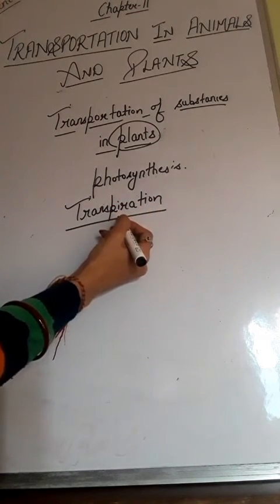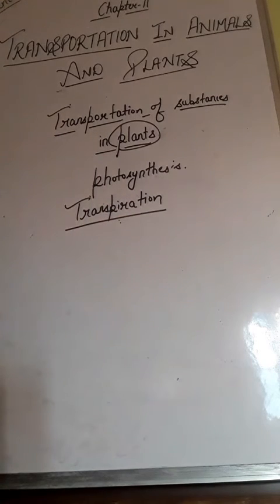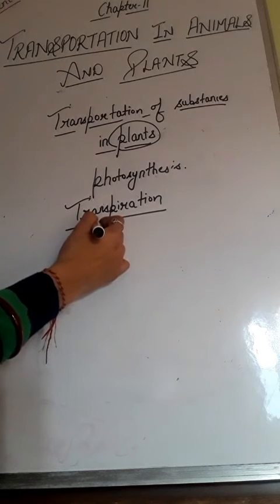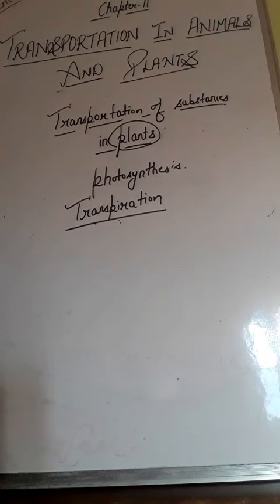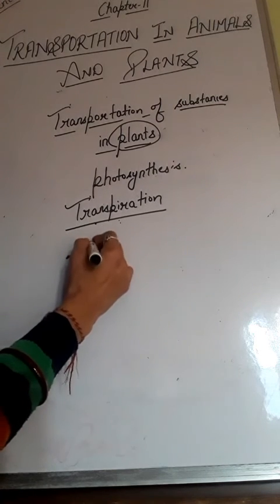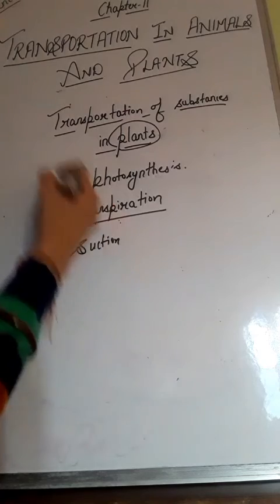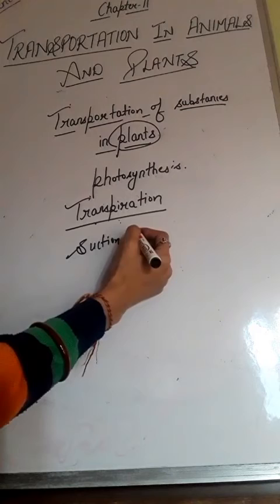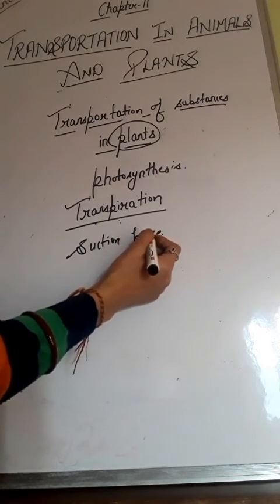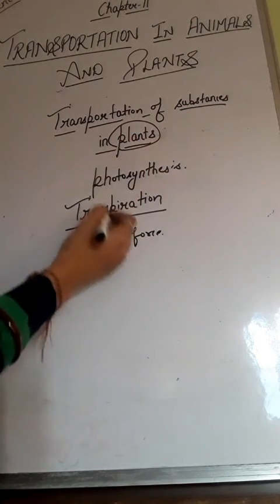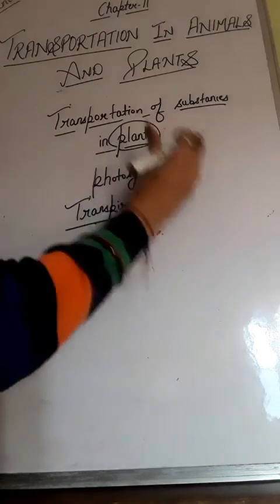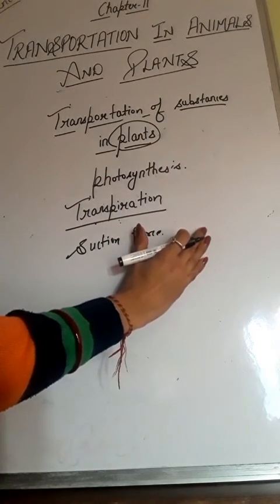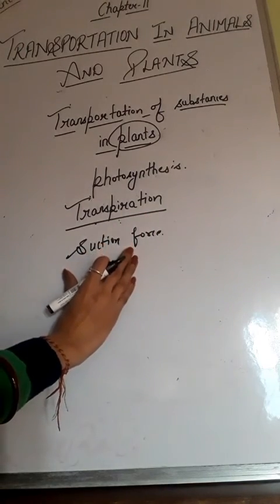The process of evaporation of water through the stomata present on the surface of leaves is called transpiration, and the continuous evaporation of water from the leaves produces an upward pull called suction force. With the help of suction force, roots can provide water to all the parts of the body, right? This force pulls the water from the roots upward through the stem, branches and finally to the leaves of the plant, and transpiration causes loss of water from the plant.